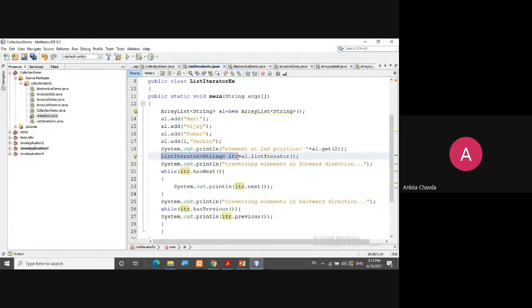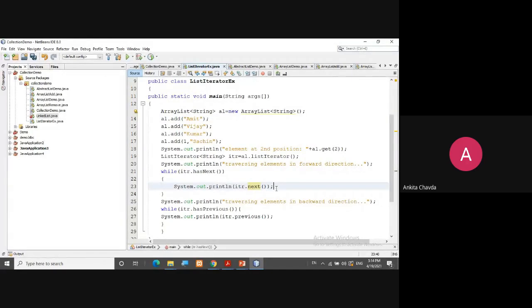It is an interface, so you cannot create an object of an interface like ListIterator itr equals to new ListIterator, no, fine. So itr.hasNext means if the elements are there to read, we are printing itr.next, because via the next method it will return the actual object, whatever it is. So at very first it will return this as a string, right? So it will be printed.